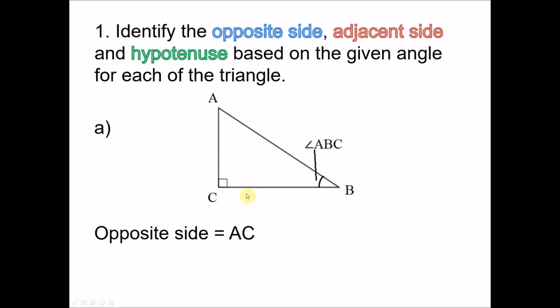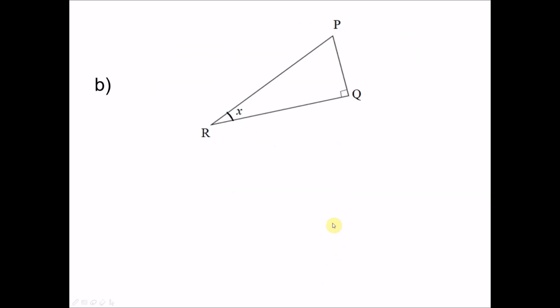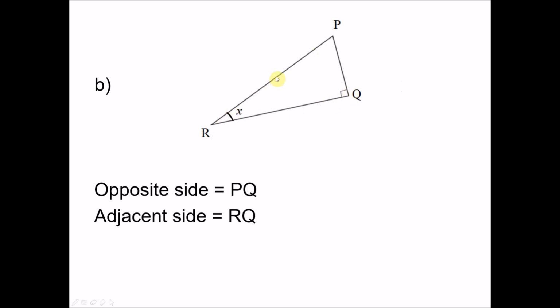And the adjacent side is the side which is beside this angle. So we take BC as the adjacent side. And the hypotenuse is the side which is opposite to the right angle. This side AB here is opposite to the right angle, which is the hypotenuse. Next, the given angle here is the angle X. So the opposite side will be the side opposite to this angle, which is PQ. And then the adjacent will be RQ, not RP,